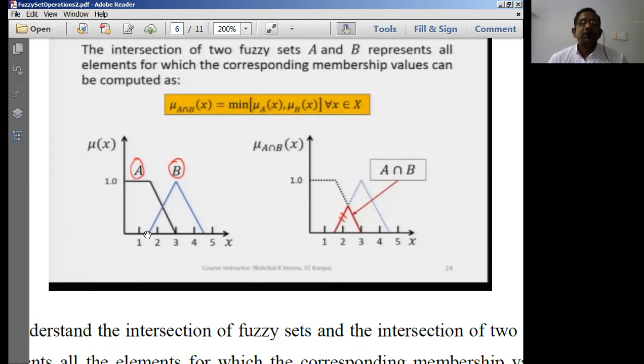Okay, because 0 is the minimum value of b. Now here b is simply getting started. So up to this intersection point, b is minimum. So we'll be getting b. After this, what is happening? A is minimum, b is increasing, a is decreasing.